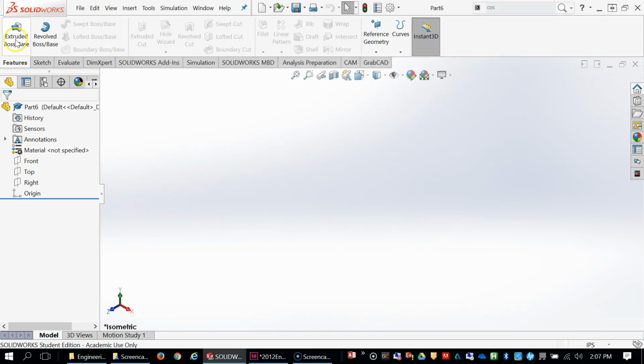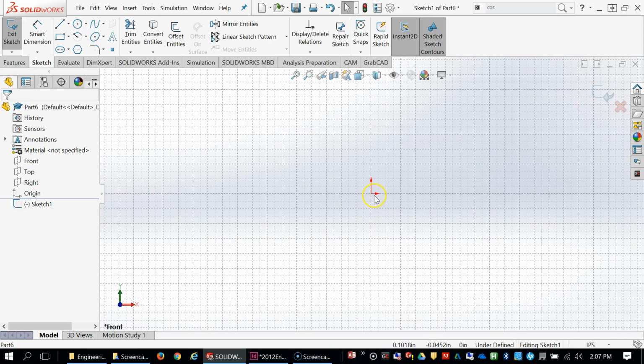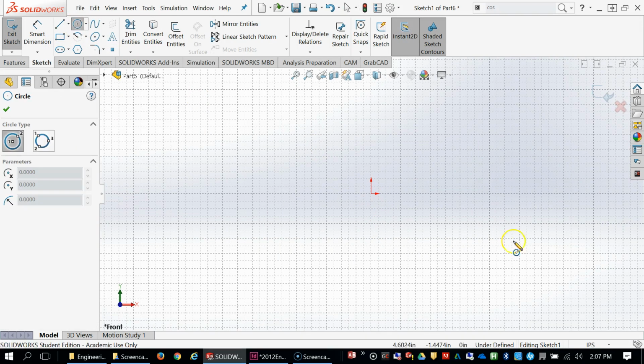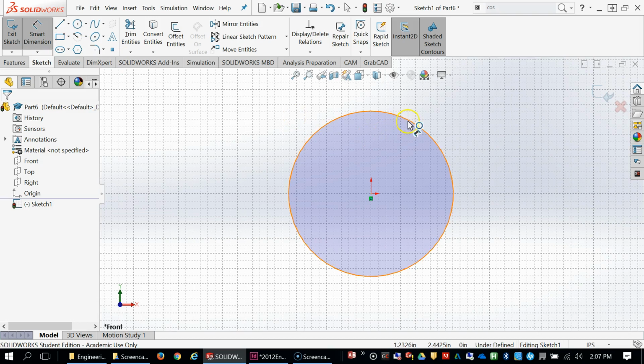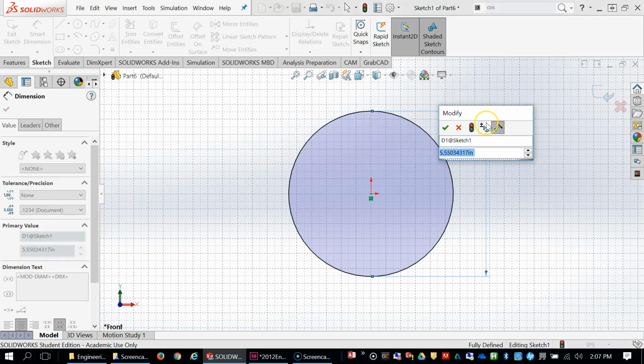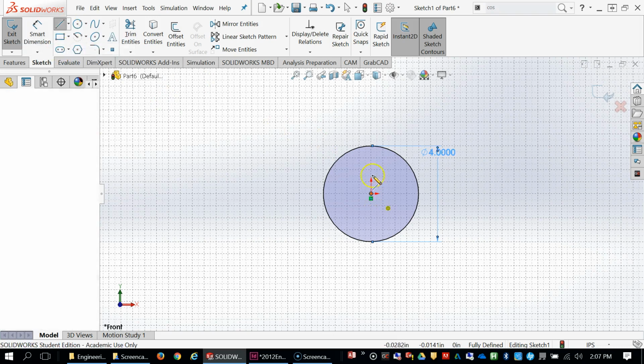I'm going to create a feature again, an extruded boss right on the front plane. And again, I'm going to incorporate the origin. This time I'm going to start with a circle, and I'm going to create a circle that has a diameter of 4. There we go. Alright, I'm going to create a construction line so that I can locate a few other circles